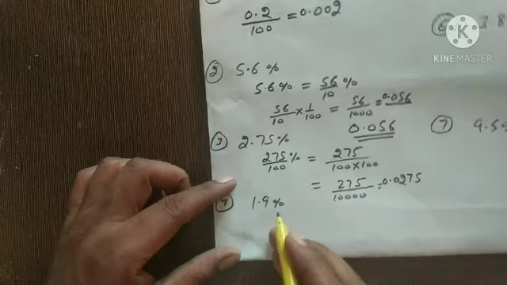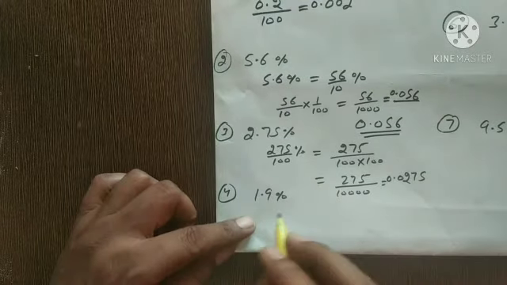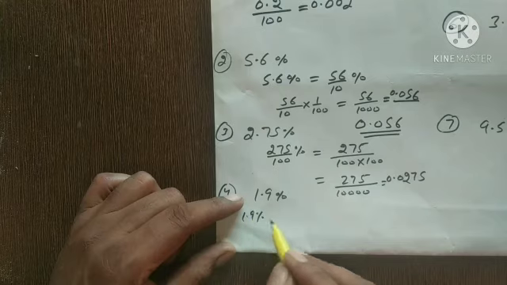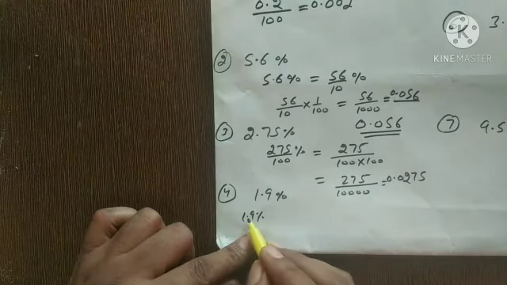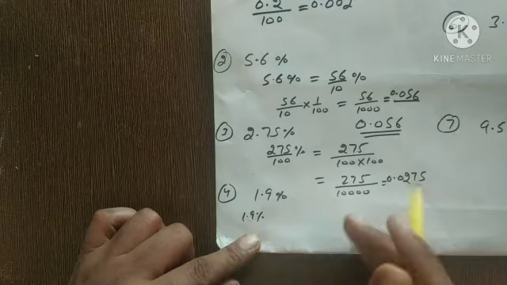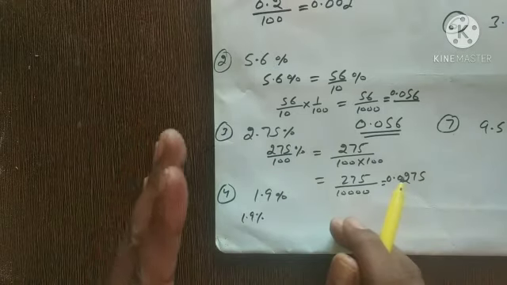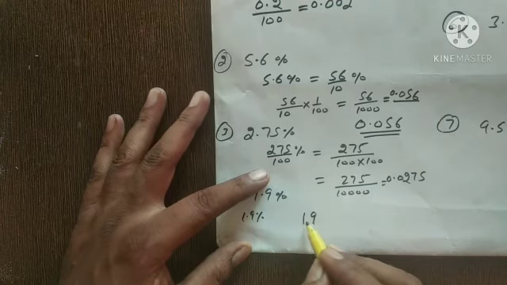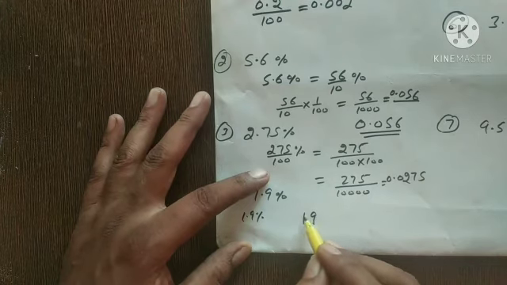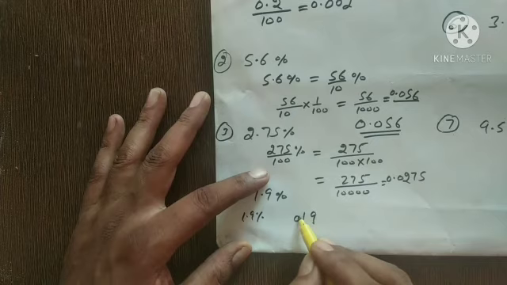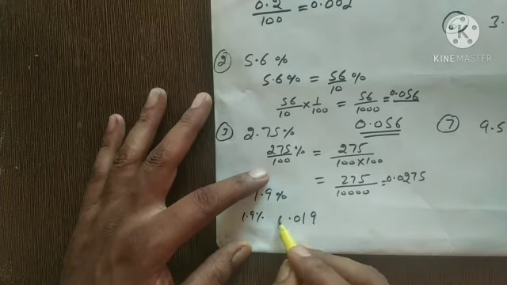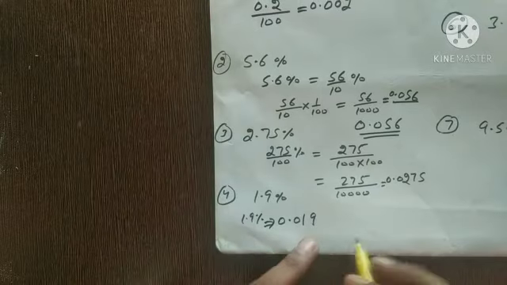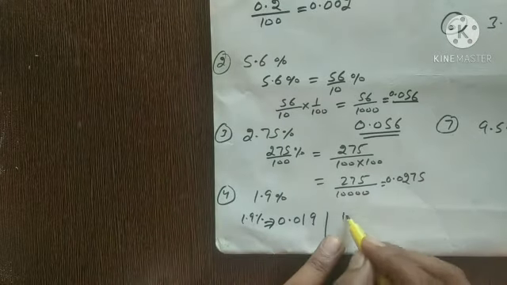Now directly you can write this as the answer, 1.9%. Now you can see that you will have to move decimal how many places? To the left, 2 places. So it was there. Now 1 place and second place. Okay, you can write your direct answer like this also. Otherwise I am going to explain.